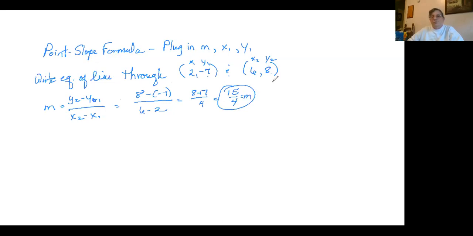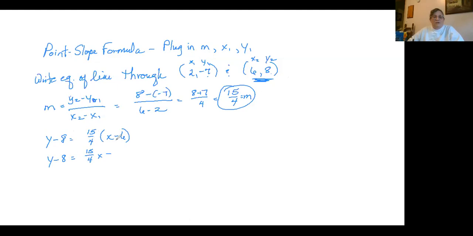I can use whichever point I want. It does not matter. The line has to work for every single point that's on the line. So I can do y minus, well, this one's got all positives. Let's use this one. Y minus 8 equals 15 fourths x minus 6. Y minus 8 equals 15 fourths x